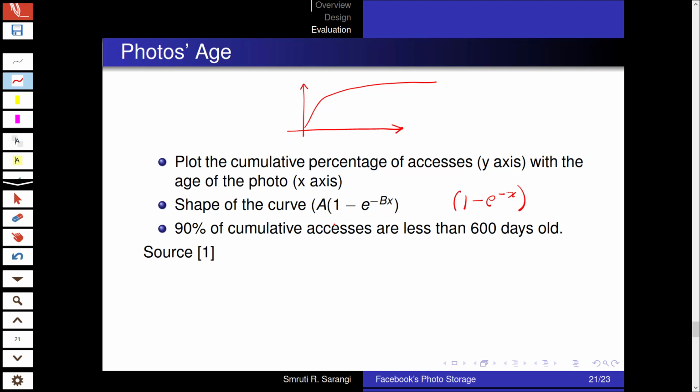What we see is that 90% of the cumulative accesses are less than 600 days old. So roughly within 1.5 years, 90% of the accesses fall within that, which means we definitely do not access old photos. And if you see the chart in the paper, you will find that within 3 months or so, almost all photos are accessed. Otherwise, their access probability reduces to very, very low levels.